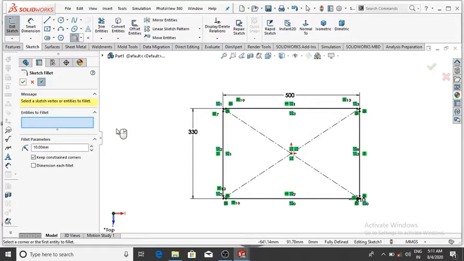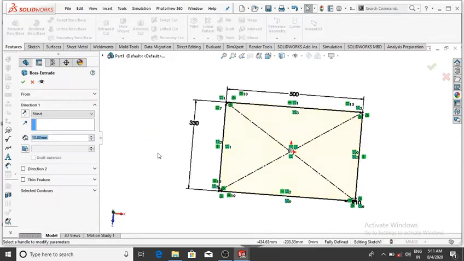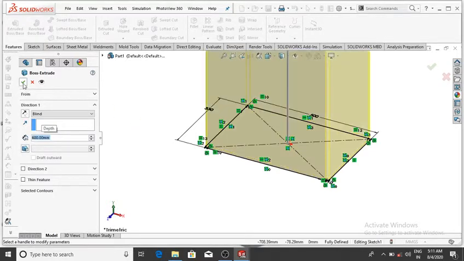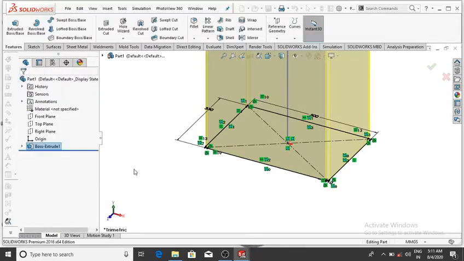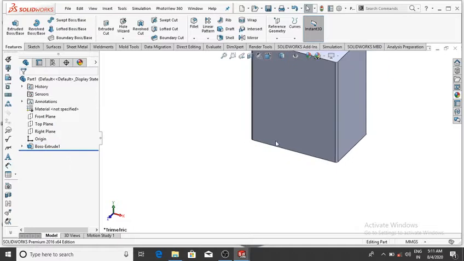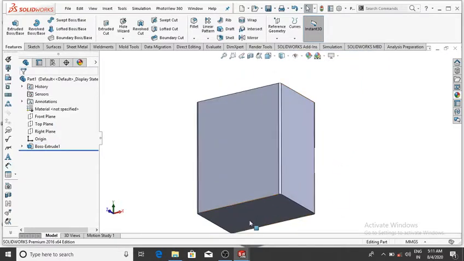And again make the extrude of this rectangle to 600 mm. So go to the feature and select extrude boss base and make it 600, then okay. Now we have extruded this part and make the fillet of 5 mm to this face.